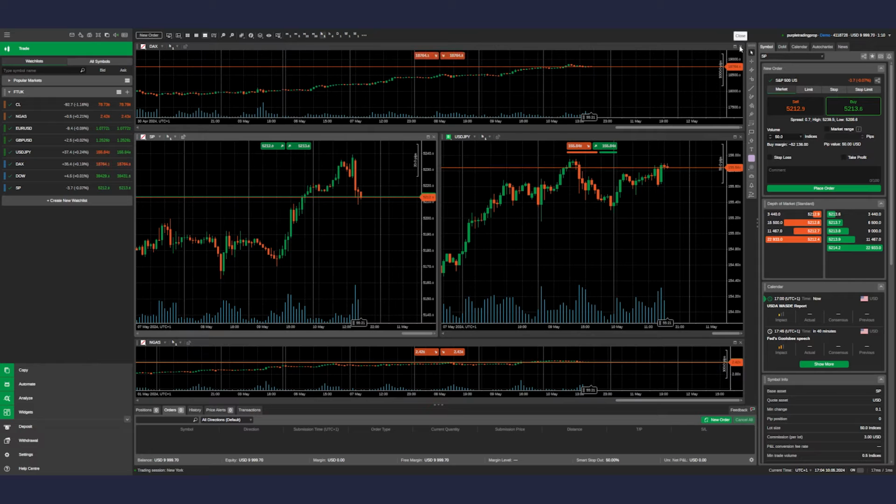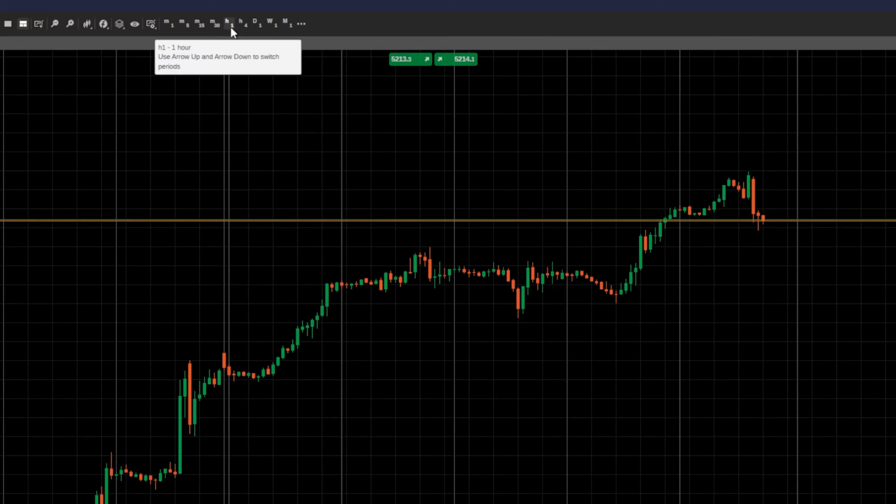So that's one of the key features that makes cTrader so powerful. What we'll do now is we'll have a look at where all the different time frames are. One of the things that you get